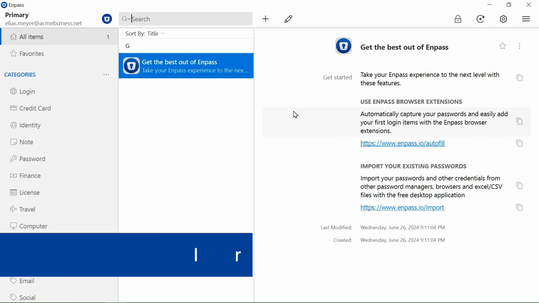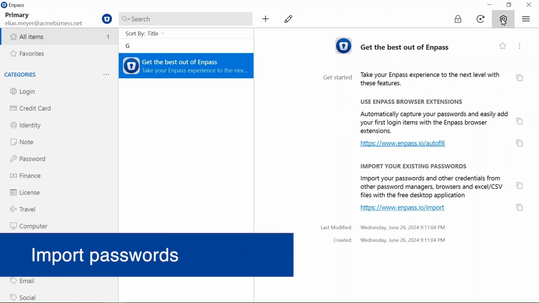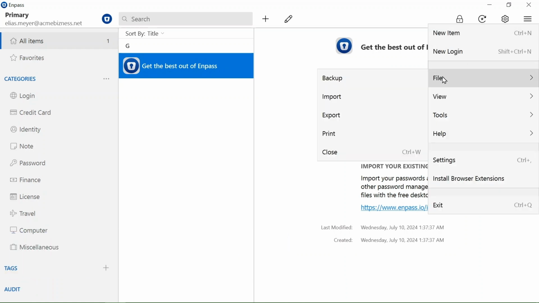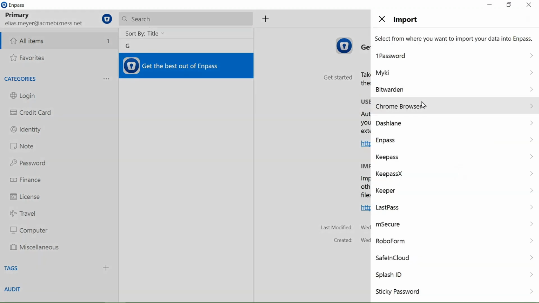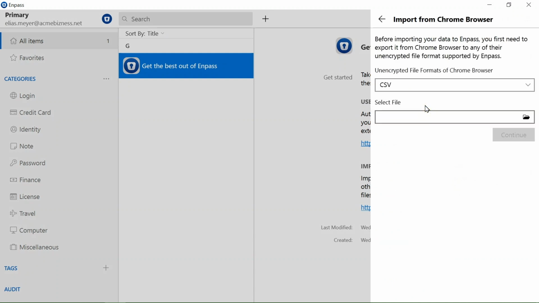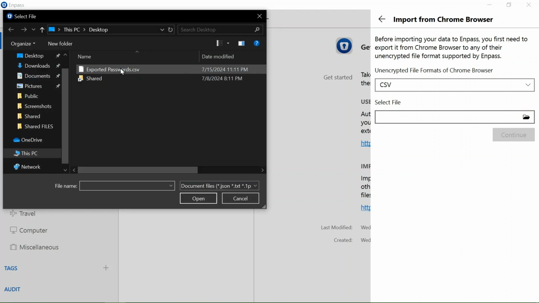Step 2 is importing those credentials to Enpass. Find the File menu, select Import, select the app you're importing from, and under Select File, click the file folder icon, select the file you've exported from your old app,